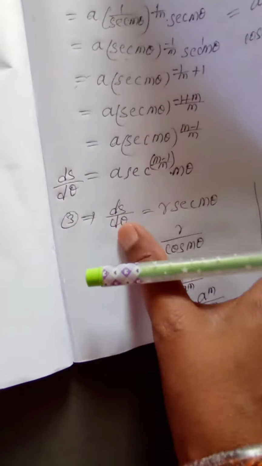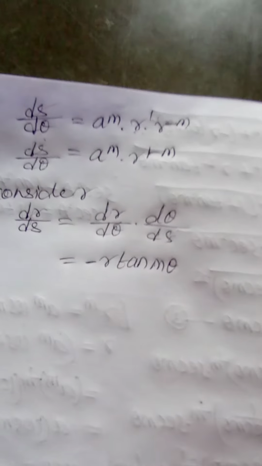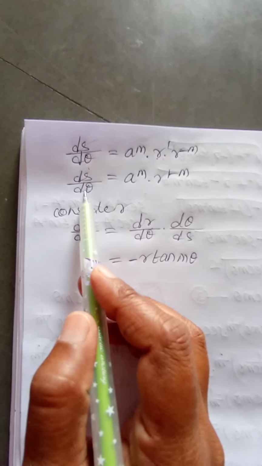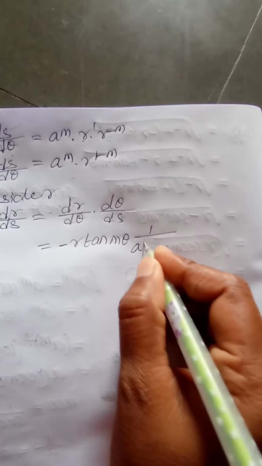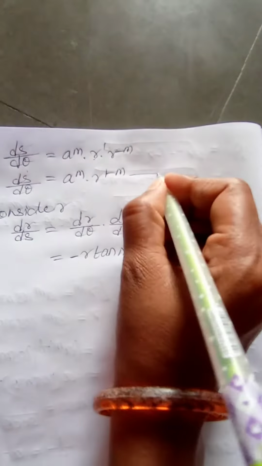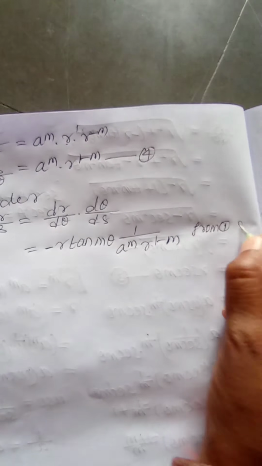So this is ds by d theta. So ds by d theta is a to the power of m r to the power of 1 minus m. So this is reciprocal. So the reciprocal, d theta by ds, is 1 by a to the power of m r to the power of 1 minus m. So this is equation 4. From equation 1 and 4,